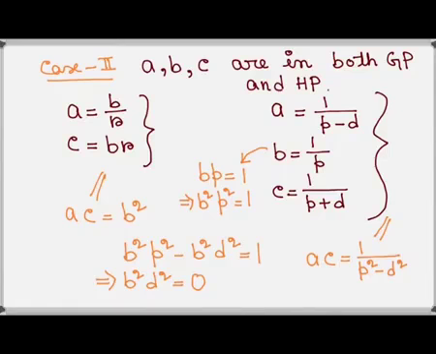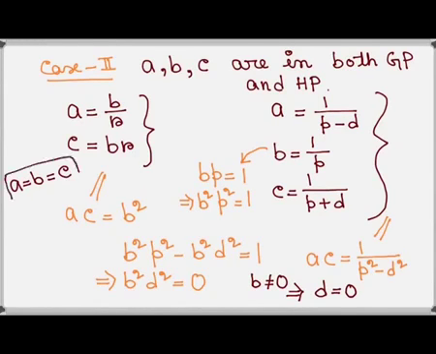We have B is not equal to 0. Therefore, D has to be 0. Hence, in this case, A is equal to B is equal to C. So, we are getting if three numbers A, B, C are in both geometric progression and in harmonic progression, they must be equal. Our third case is